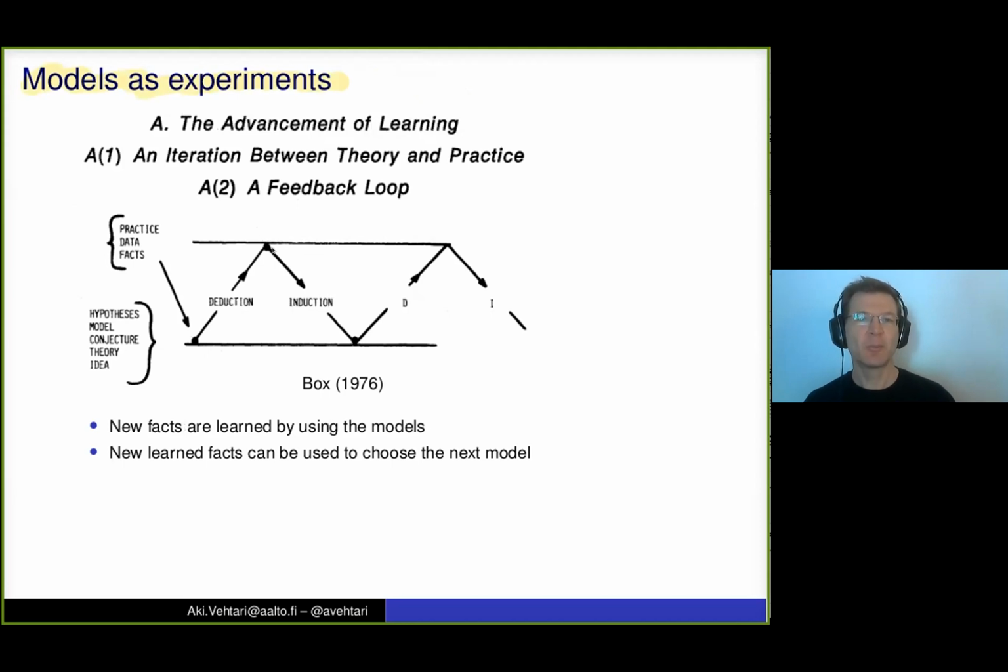And then based on what we learned using some model for the data, when we update the model, we are creating new experiments. So when we are modeling a new phenomenon, we can think of this as active learning and sequential design of experiments, sequential design of new models.